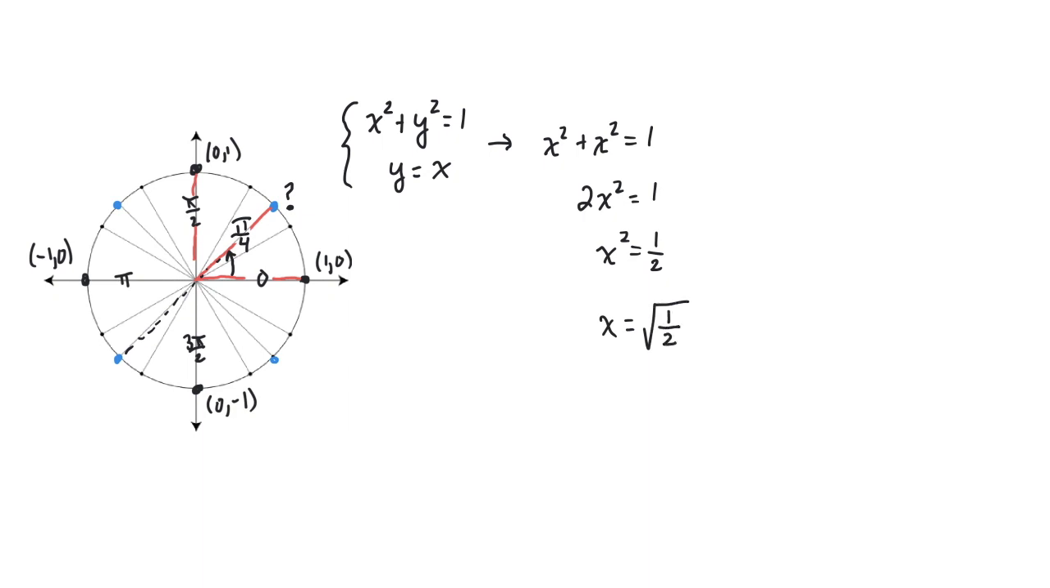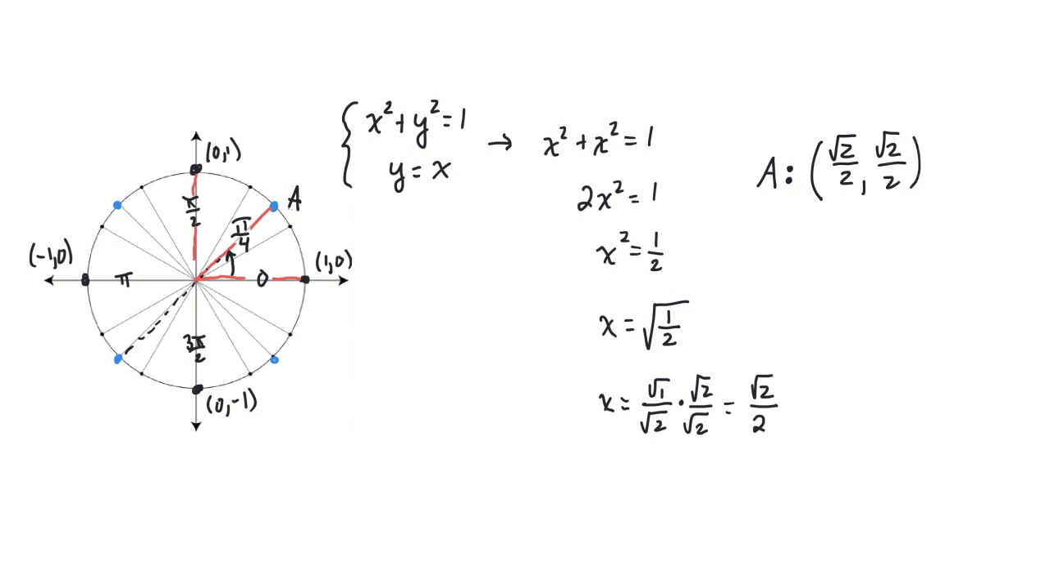So another way to write the square root of 1/2, a more common way, might be square root of 1 over the square root of 2, or when we rationalize, we find that x equals root 2 over 2. And since y equals x, this coordinate right back here, I'll just label it coordinate A, which has a radian measure of pi over 4, will have coordinates root 2 over 2, that's the x coordinate, and then root 2 over 2 again for the y coordinate, since y equals x. Meanwhile, coordinate B over here,